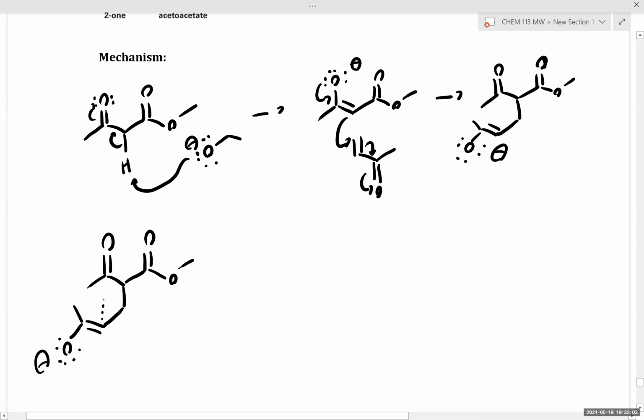So as we notice, if we tried to form this bond, this would be a 4-membered ring, not favorable. But if we used our other alpha position, it would be a 6-membered ring, which is favored. So with that analysis in mind, thinking about the next step, which is an intramolecular aldol reaction,